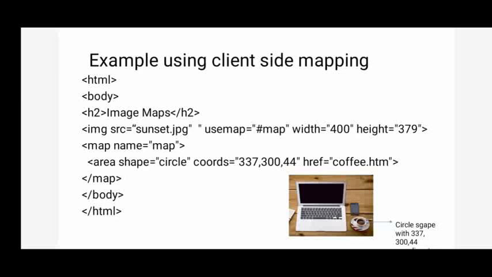So in this image, the cup and saucer is there, no? That is called a clickable area. The total image is one, sunset.jpg. In that, I have created one spot, that coffee cup. When you click on that coffee cup, you will go to coffee.html. So that cup is called a clickable area. Like that, in one image, you can create as many hotspots as you want. Whenever the user clicks on a hotspot, the user will move from the current location to the document whose link you have given to that hotspot.